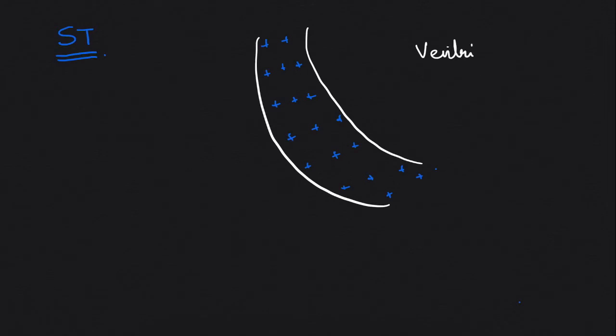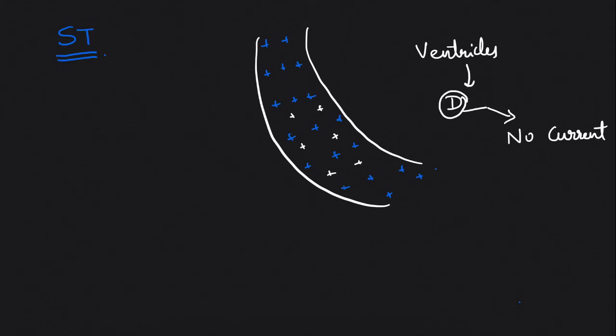Now the same concept we will establish in the ST interval, which is also an isoelectric interval. When the QRS complex has taken place, when the whole ventricles have depolarized, like I'm showing this positive sign because the cells have depolarized. Now whenever depolarization has occurred, there's no potential difference. Every cell is at the same potential in the heart. Hence we get another isoelectric phase. This isoelectric phase we represent by the ST segment.